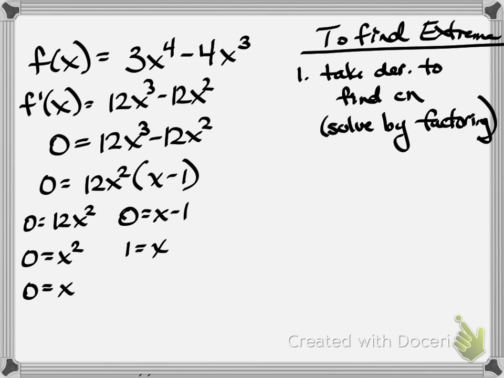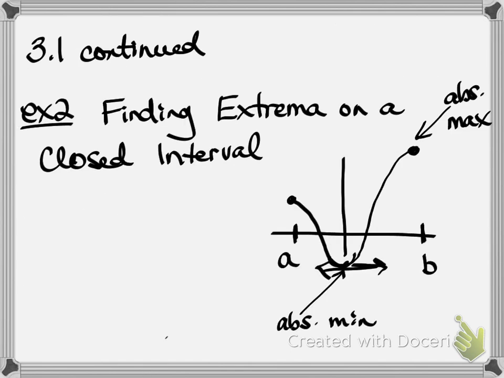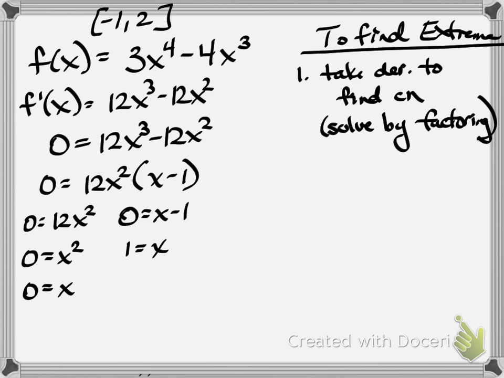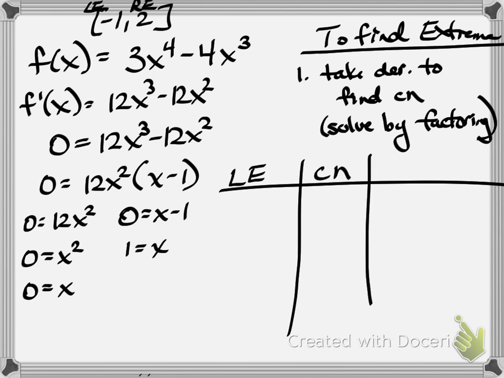So, possible critical numbers. And I forgot to tell you the interval. We're looking at the interval from -1 to 2. So that is our interval, that's our A and our B, our left endpoint and our right endpoint. So -1 is the left endpoint and 2 is the right endpoint. So we're going to make a little chart: left endpoint, this time we found two critical numbers, put them in the middle,